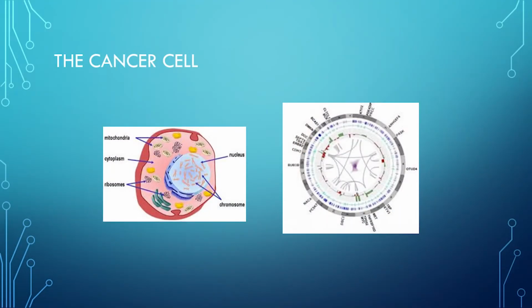So now the boring bit, we've got to talk about cancer cells. And I suppose we can't talk about treatment unless we really go back to talk about the basics of how cancer operates. So a cancer cell, like any other cell, is a bag of fluid on the outside. It's got a wall, a membrane, and that membrane is what presents itself to the outside world and the immune system. And deep inside the bag of fluid is...